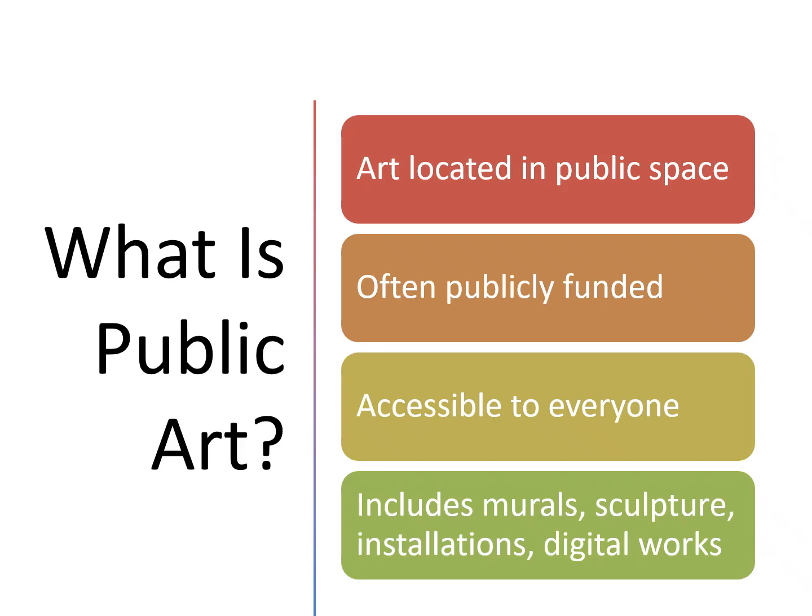Unlike gallery art, public art doesn't assume a self selected audience. People encounter it while commuting, working, shopping, or living their daily lives. This means the artist must think about visibility, durability, safety, accessibility, and interpretation. Public art can be permanent or temporary, monumental or subtle, physical or digital, but it always exists within a shared civic space. One key takeaway from Chapter 1 is that public art is increasingly expected to engage, not just decorate.